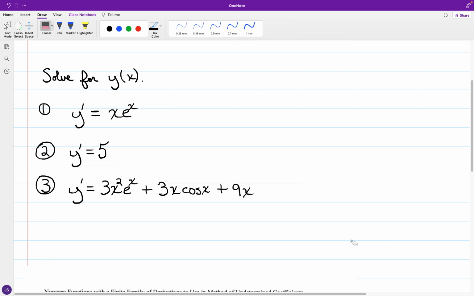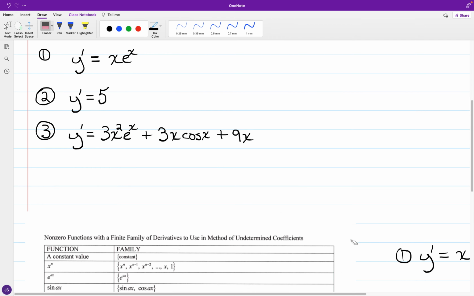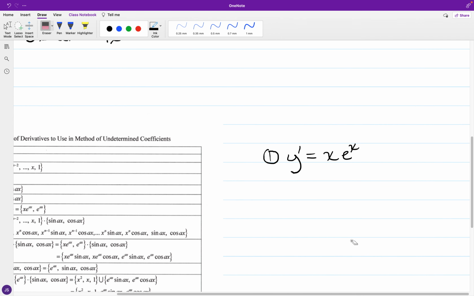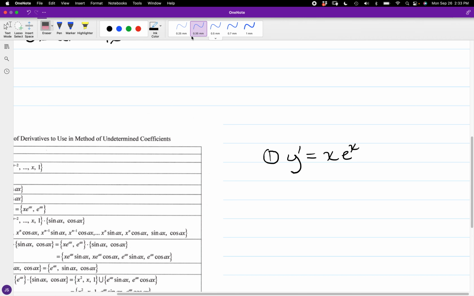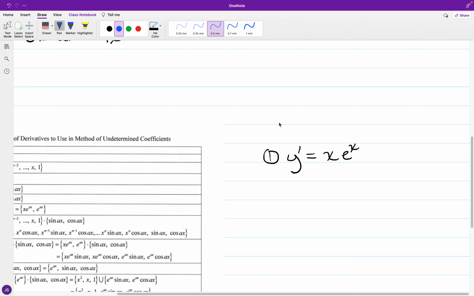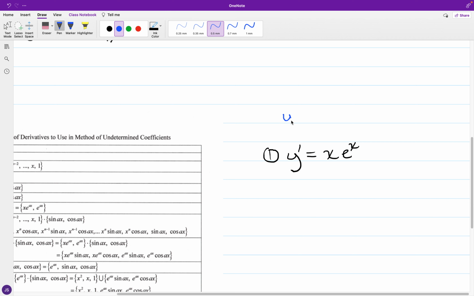Okay, looking at what we have regarding first order non-homogeneous equations examples. Let's say that we're looking at trying to solve for y of x, first of all, whereupon we have y prime is equal to x times e to the x. And if we look at this one first of all, okay,